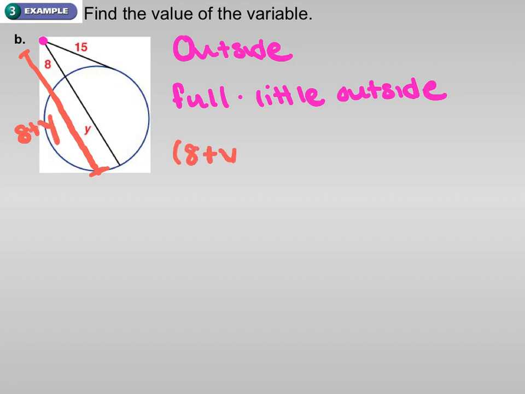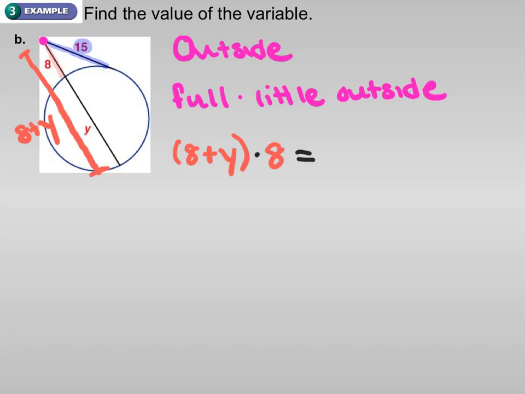So it's 8 plus y times the little part outside, which is just 8, which equals, and then we'll see on the other side that this is one of the special cases with tangents,